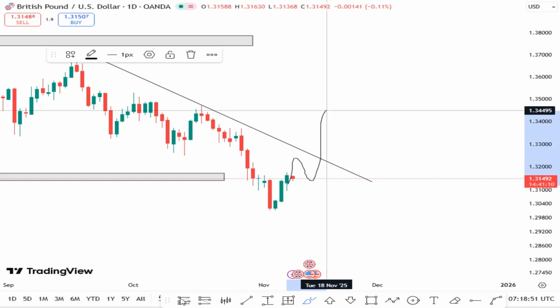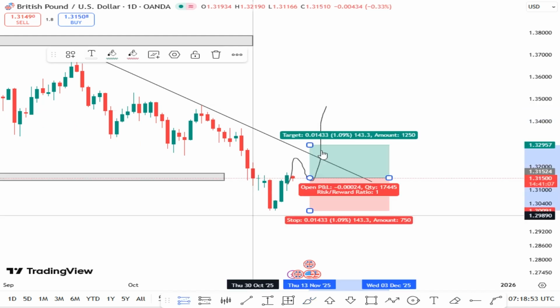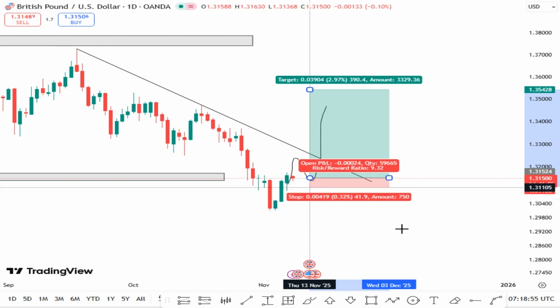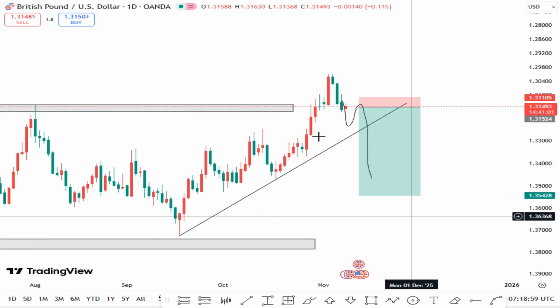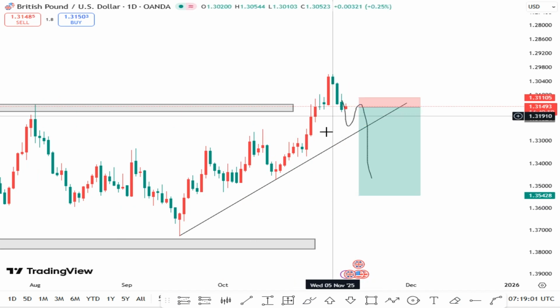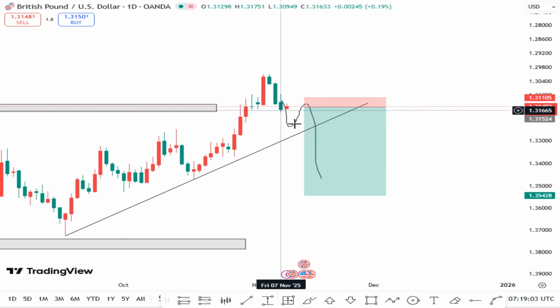Then let me look for my buys. Something like this. Have my stop. So let's flip the screen. Now look at what you did. How am I going to look for a buy position? Remember the screen is flipped. How am I going to look for a buy position?